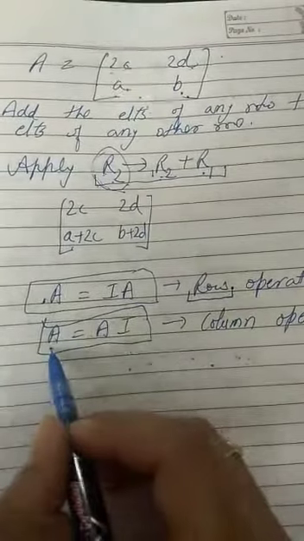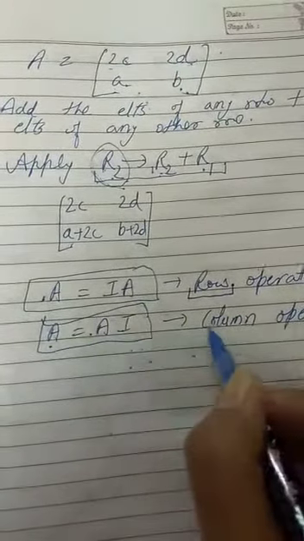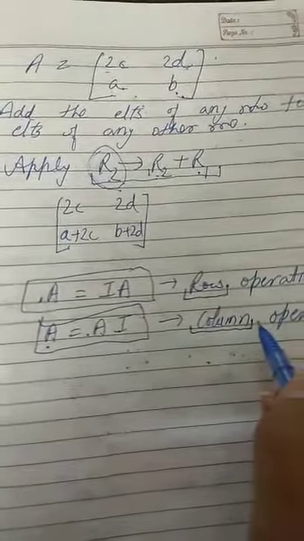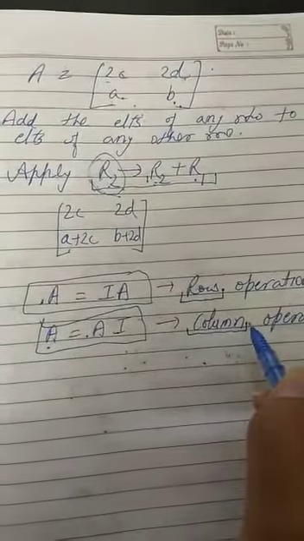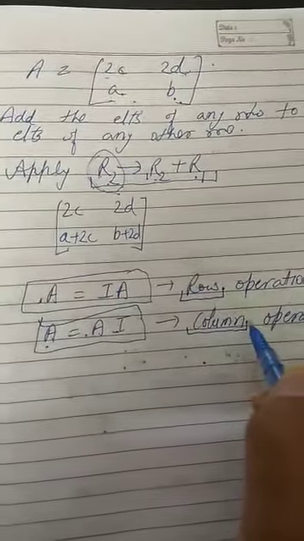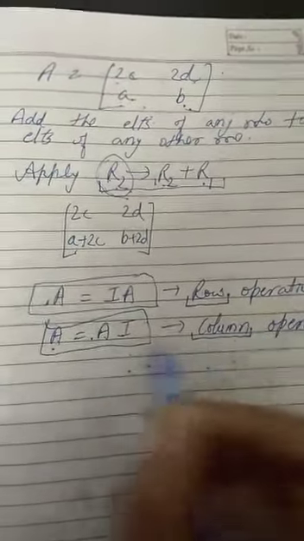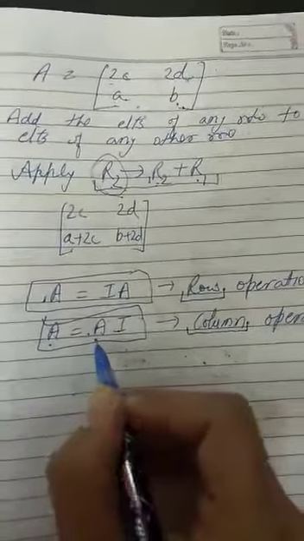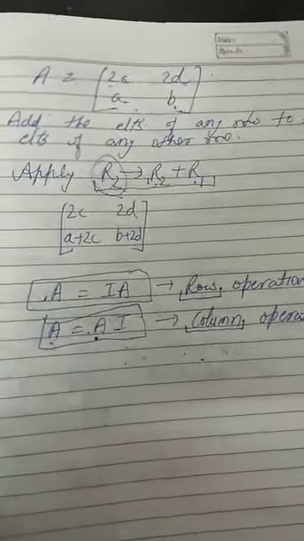And if I write down A equals AI, it means the whole sum will be done with the help of column operations. Then we cannot make change to the rows, but the changes will be made column wise only in order to make this matrix A as the inverse, right? I hope the elementary operations are clear. I am going slow so that you can understand it well, because the concept is important.